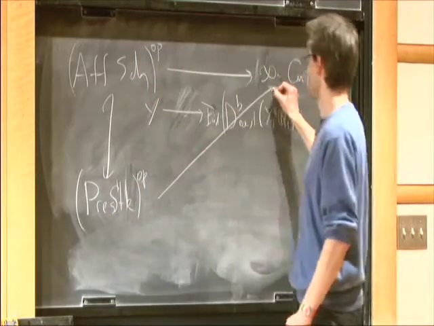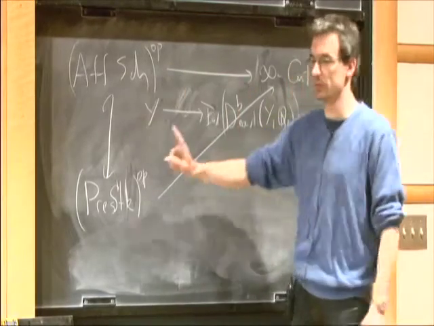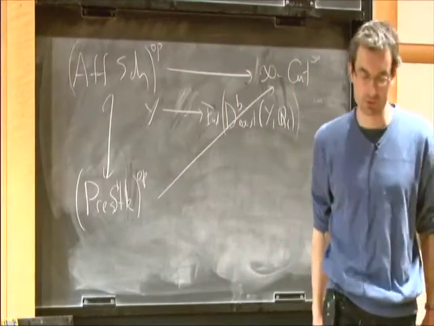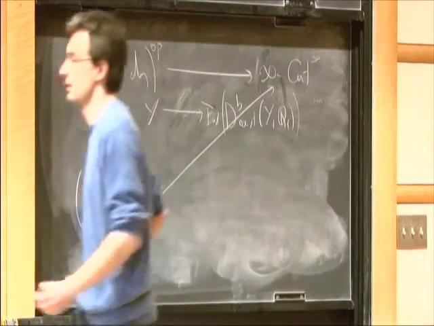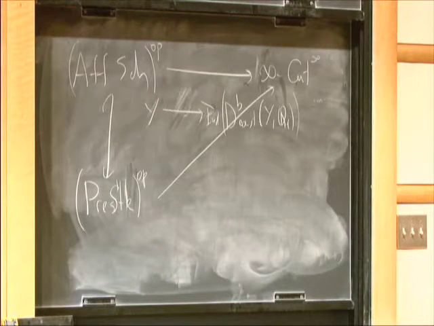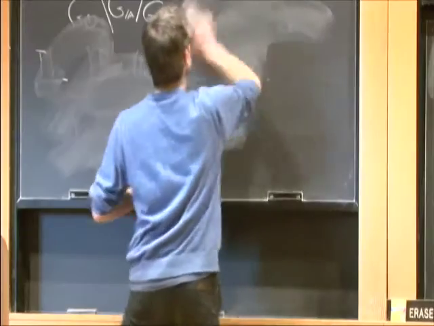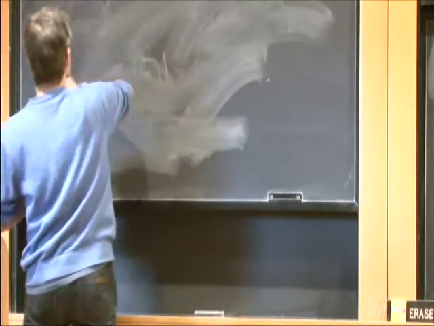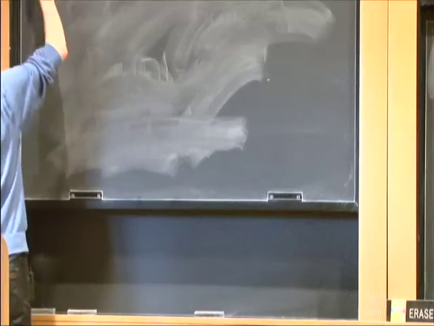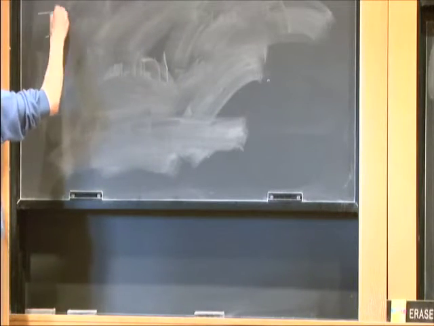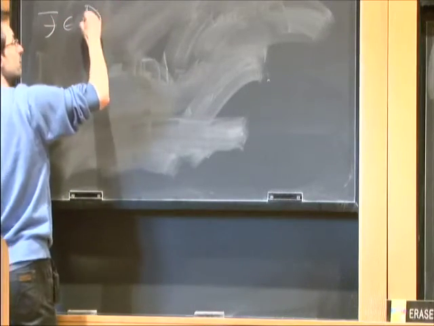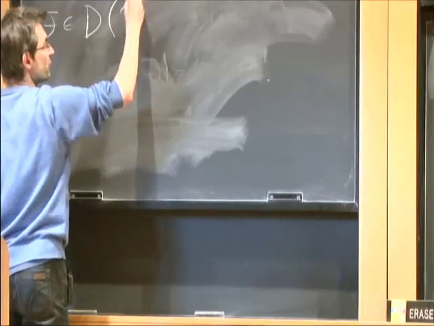And the claim is that there is an automatic procedure of extending this functor to pre-stacks. Well, topologists call such a procedure right Kan extension. So let me tell you what I mean. I have to tell you what is an l-adic sheaf on an arbitrary pre-stack. So by definition, an l-adic sheaf, let me call this category D, on an arbitrary pre-stack Y is